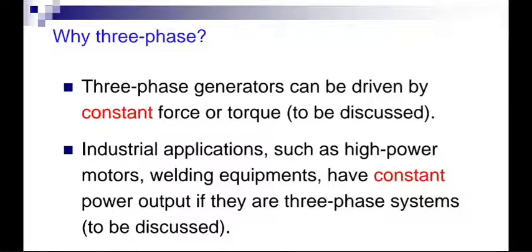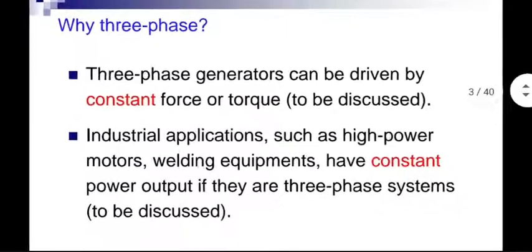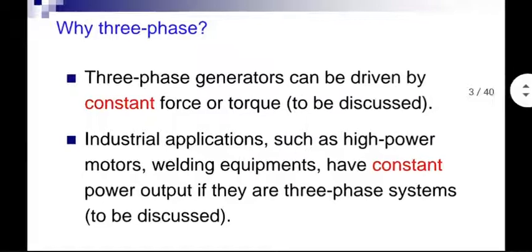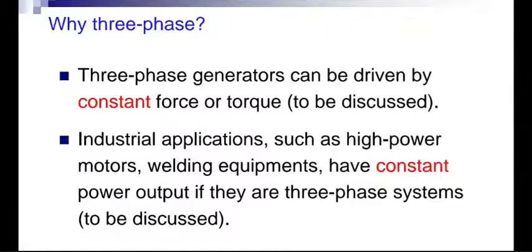This becomes very helpful in, let's say, satellite missions or in many other applications. Even under normal operating conditions, factory would prefer not to have any oscillatory behavior in the mechanical power coming out of a system. So 3-phase has that inherent advantage of being able to give you constant power with time, at least in theory. In practice, it's not that easy all the time. Industrial applications such as high power motors, welding equipment, etc., they all demand constant power with no time variation in it. And three-phase systems, at least theoretically, can give you that.